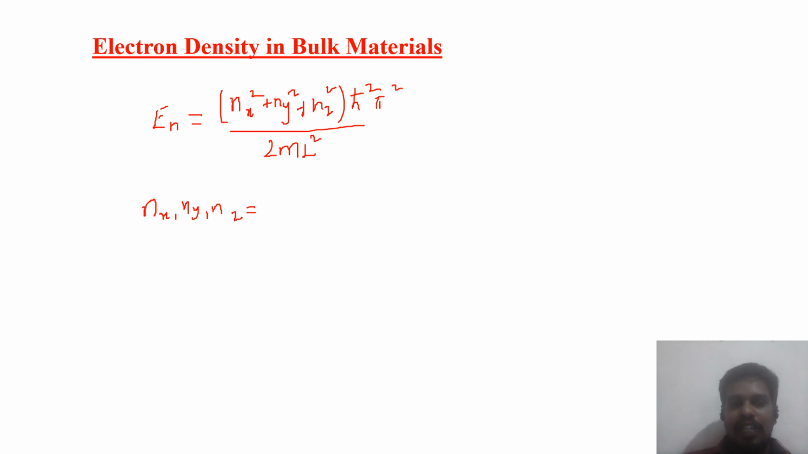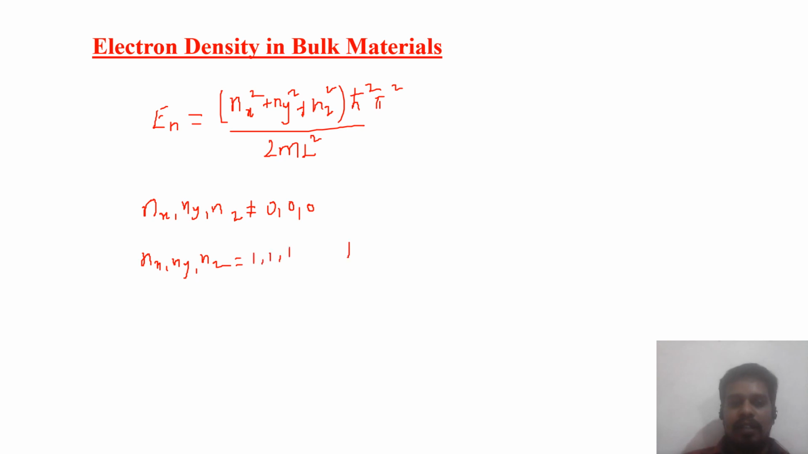But these are not equal to 0, they can be from 1 to infinity. You can use any value for nx, ny, nz. You can calculate the energy of the electron, the allowed energy of the electron inside the metal. Suppose you are considering the values for nx, ny, nz equal to 1, 1,